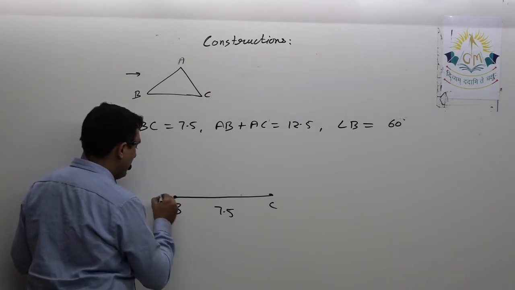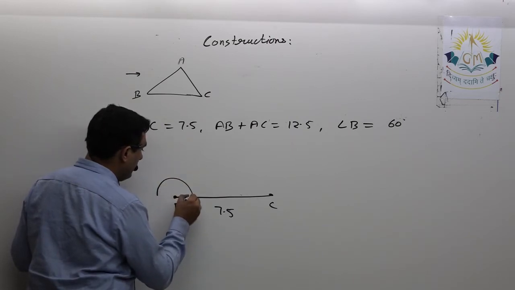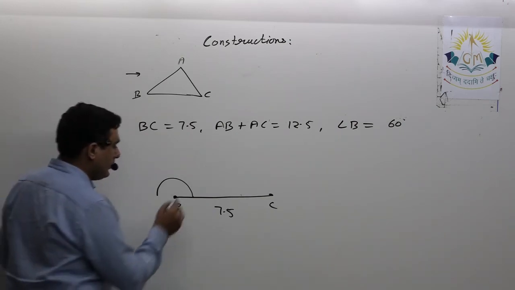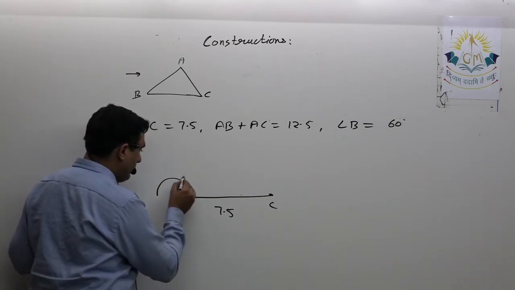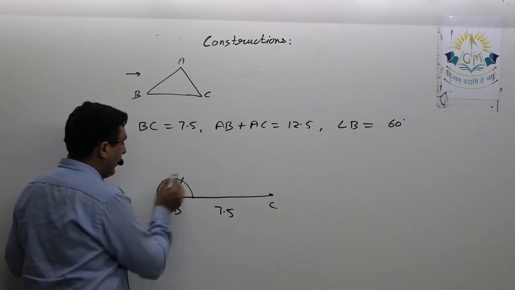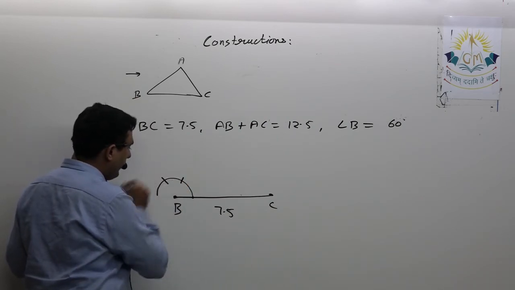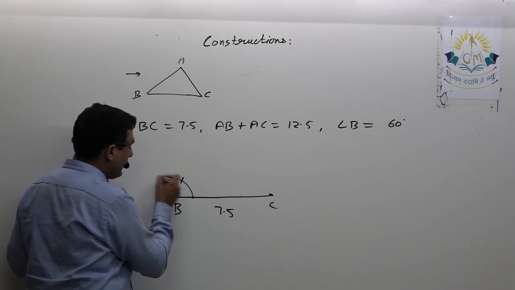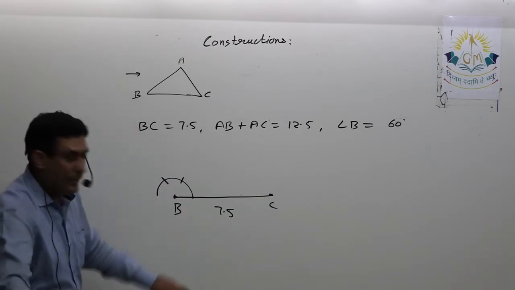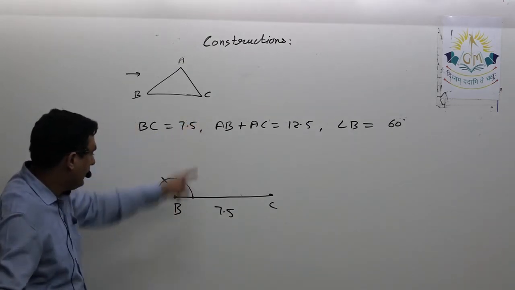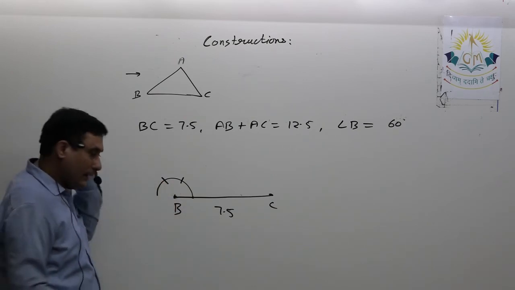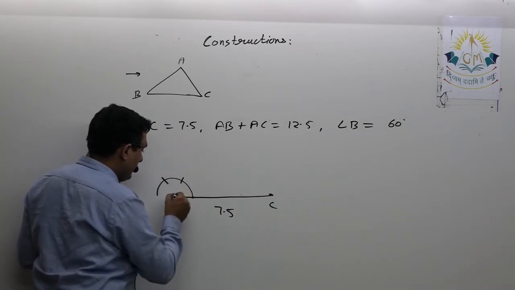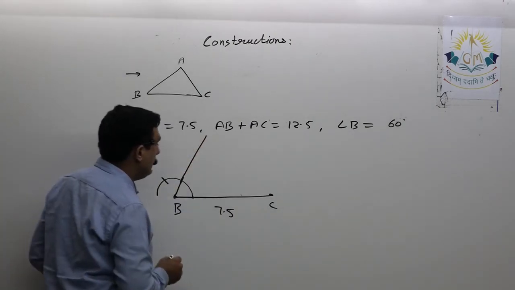What we'll do, we'll take B as the center, we'll draw a semicircle of any arbitrary radius, not very small, not very large. Then we'll take this point as a center with the same radius, we draw an arc. Then we'll take this as center, again we draw an arc. Now we'll join this. However, to construct 60 degrees, this arc was not required, but we have a habit to take two arcs, because this gives you 60 degrees. When you join this, you will get 120 degrees, and by drawing the bisectors you will get 90 degrees. So here it is 60 degrees, so we'll draw 60 degrees.